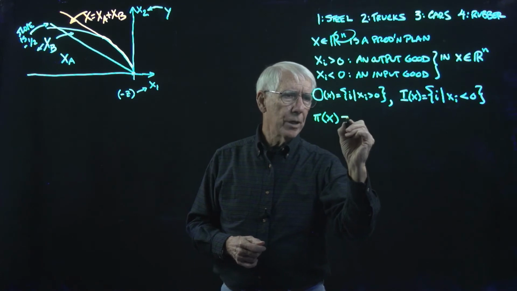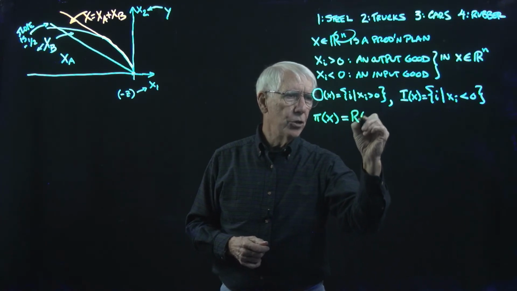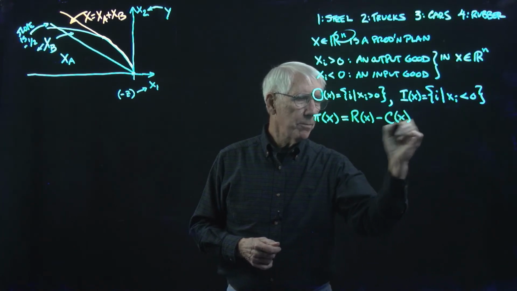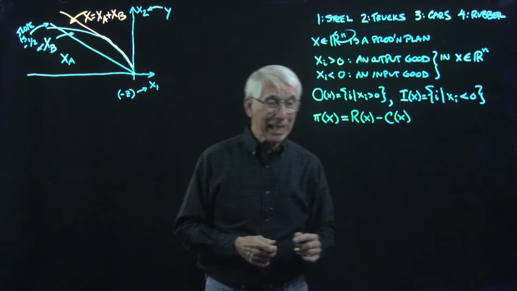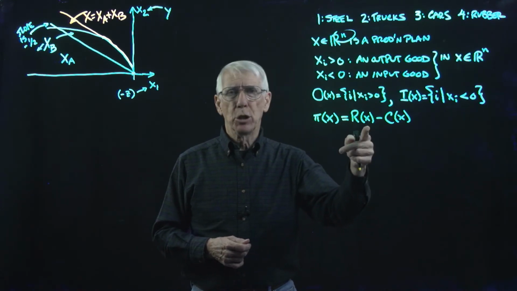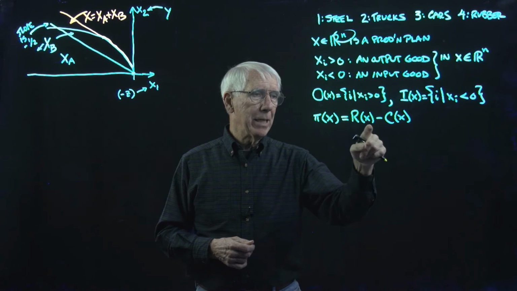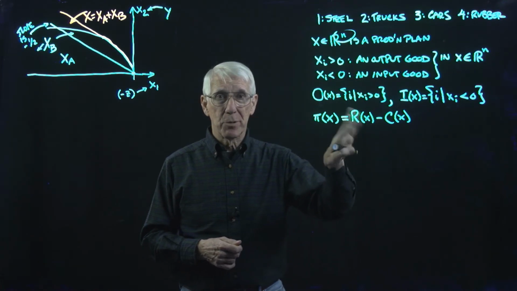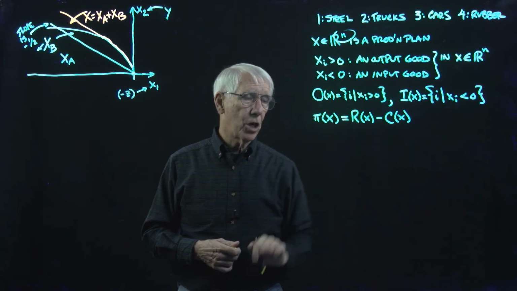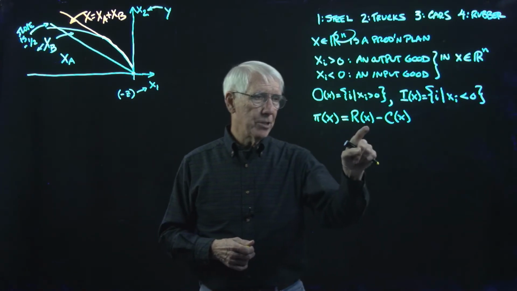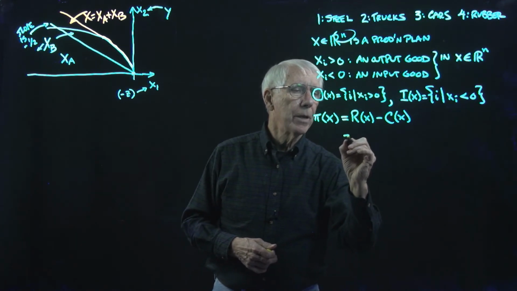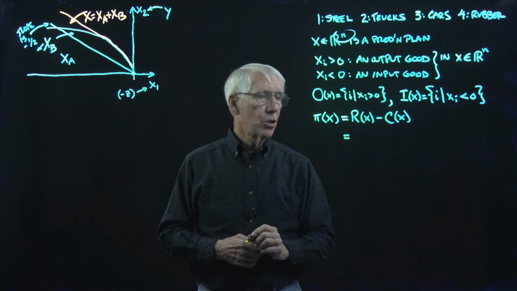So profit, of course, is just revenue minus cost. Simple but really important thing to not forget. Revenue generally depends only on the output goods, but that means it depends on all the goods. It's just that we can suppress what happens with the non-output goods, and similar for input goods on the cost side. So we can write these both as depending on the whole vector x, and in particular, revenue is going to be,